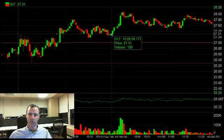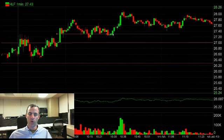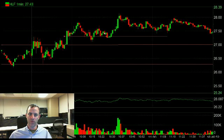I was buying in right here. I bought it in around 27.31, adding to the position. It went up about 80, 90 cents here, but he took a break at this point. You can see the volume came in. This move turned out to be an okay move. Not a great move, only went up less than a point, but this could have turned into a multi-point move,